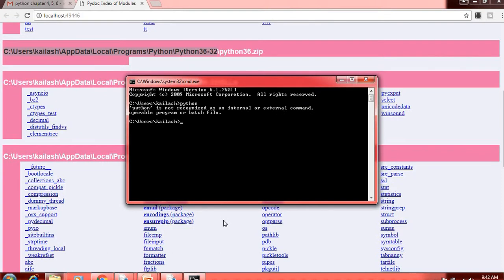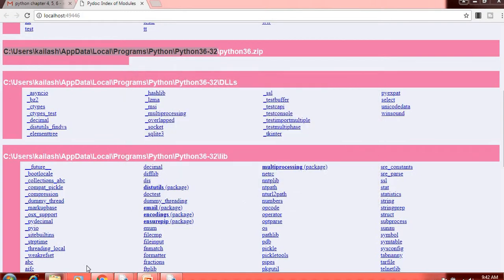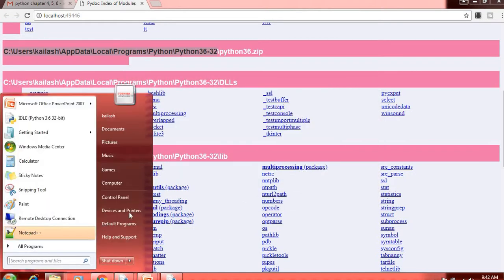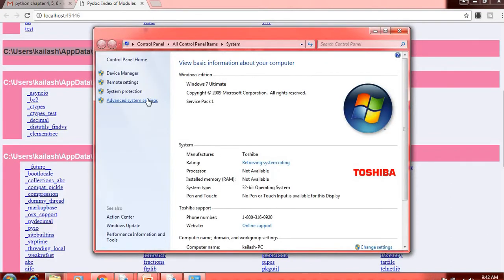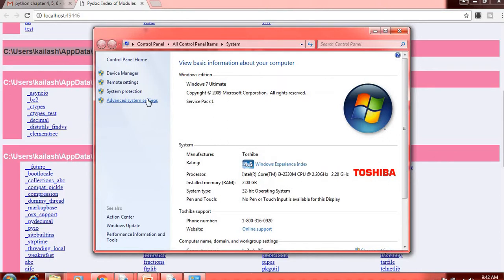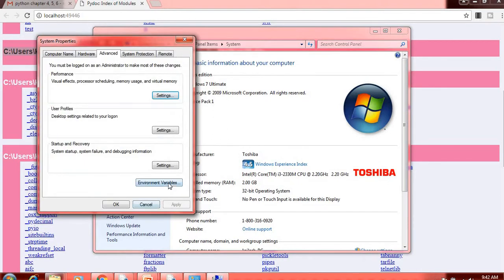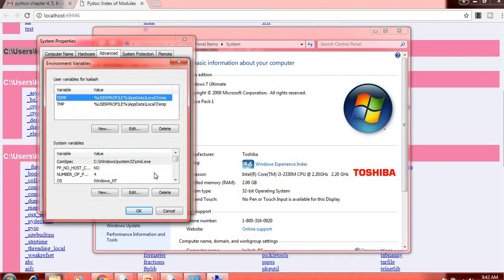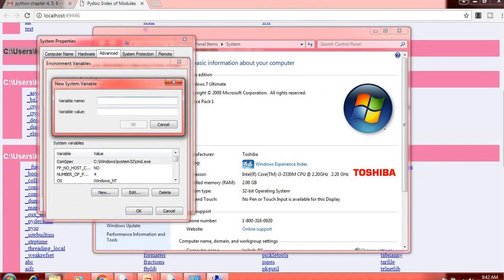So in that case what I have to do, I have to make it permanent. How will I do that? I will come out from the command prompt, click on Start, right click on Computer, and go to Properties. In Properties I will go to Advanced system settings, then to Environment Variables. In Environment Variables, I have to click on system variables, and create a new system variable, that is